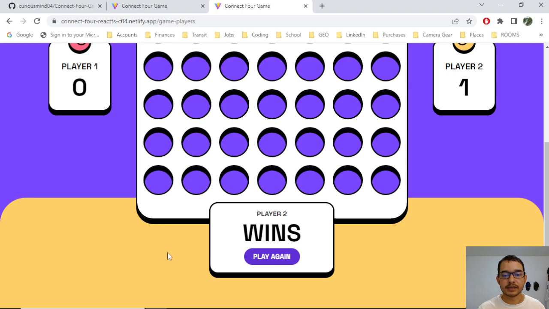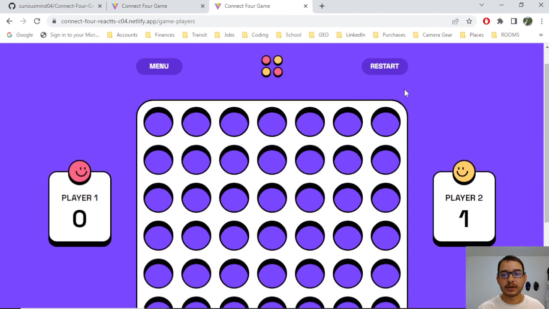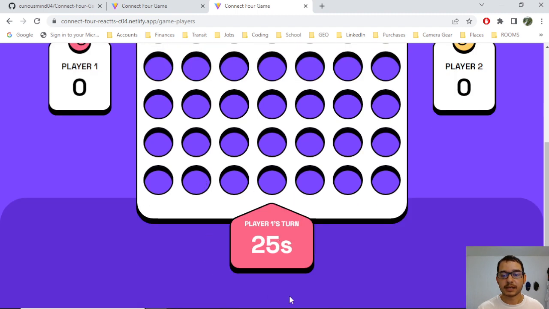So here you could see the time ran out, so player 2 score went up by 1. Now you could choose to play again, or up here you could see you could restart. Restarting sets both scores back to 0 and the game restarts. So you can see if I click it, both scores were set back to 0,